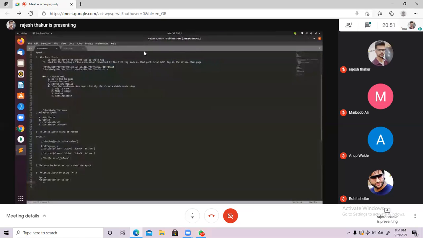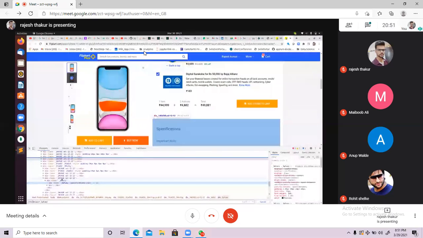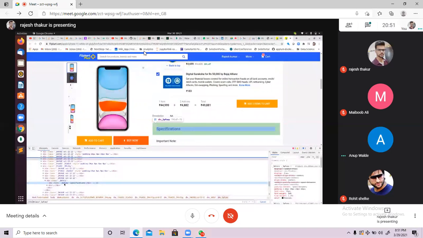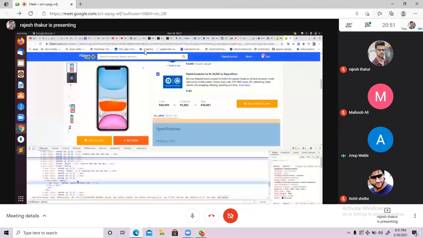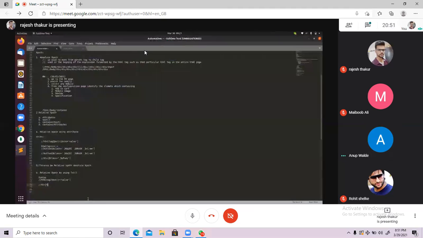HTML tag. Can anyone please tell me in the specification what is the HTML tag? Yes, tell me then. Div, and then the text function, always the text function, and then the text value.